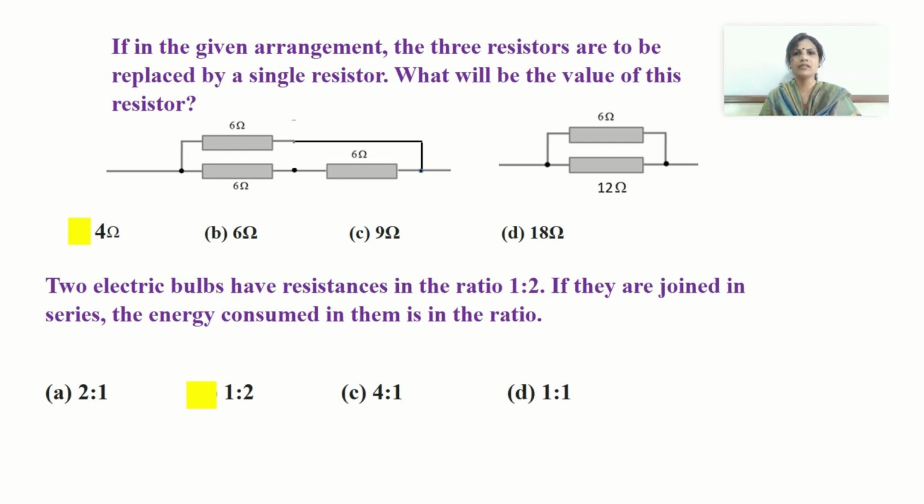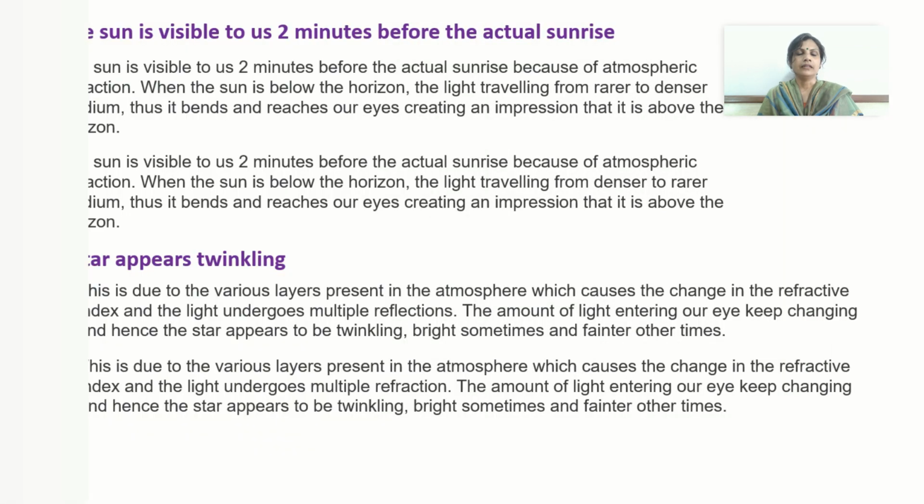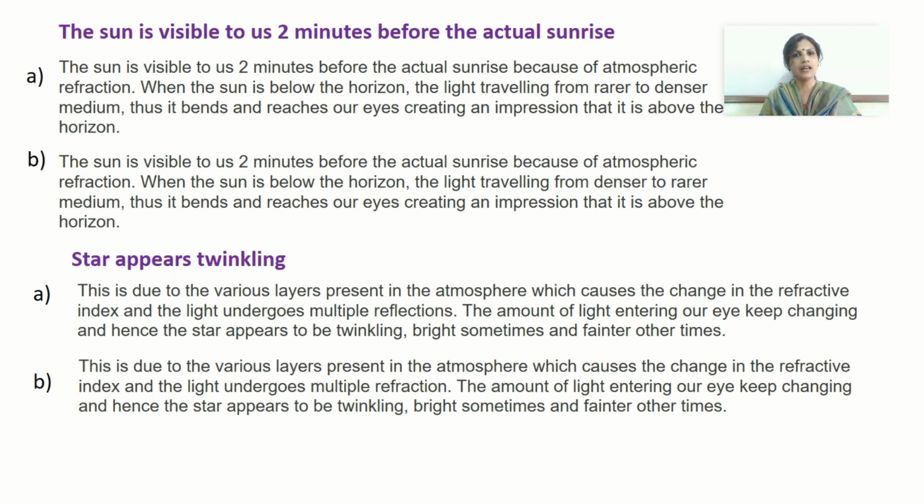Okay, simple one. You can just solve it and check out also. The concept here is current flowing through both the bulbs will remain the same because they are connected in series. Okay. Then these are the type of questions which are like give reason type. So again you are given two options there and you have to select the correct option by reading the reason very, you can say, with full concentration. You have to check each and every word of that.